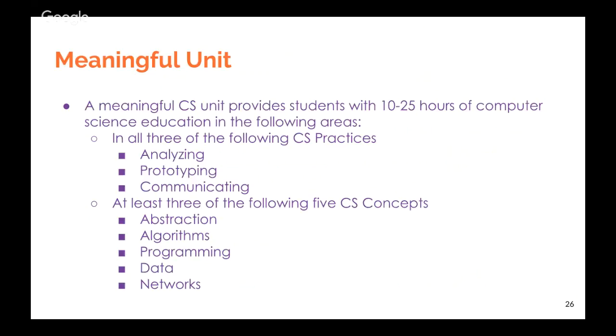If you're not familiar with the meaningful unit, it's available on the blueprint, but just a basic understanding of what it is: a meaningful unit provides students with 10 to 25 hours of computer science education. And it should have all three of analyze, prototype, and communicate, and at least three of the CS concepts: abstraction, algorithm, programming, data, and networks. So again, this is the distinction between computer literacy and instructional technology versus computer science.